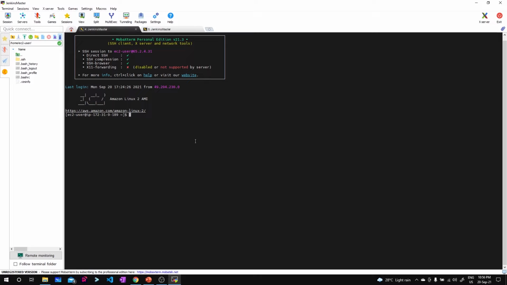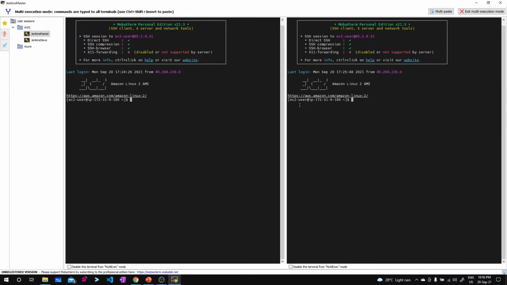My use case is that I want to enter the same command in both the instances. In this case, I can click on this multi exec. This will open both the sessions side by side. Now whatever I type will be reflected in both the machines. Let's say that there are four machines and you want to run the same commands on all four. So you start four sessions and then click on multi exec. This complete window will be divided into four blocks.